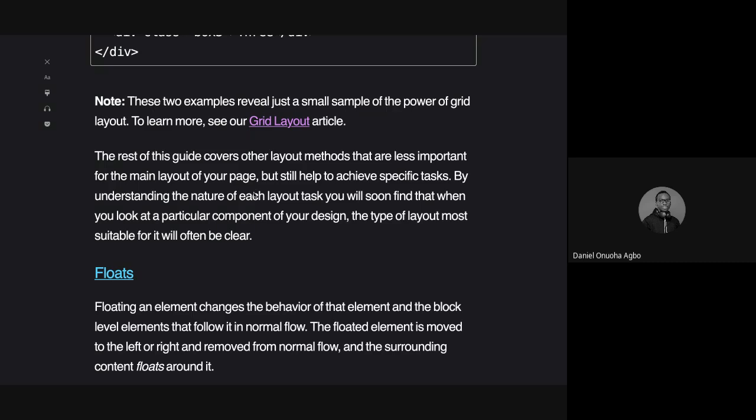Depending on what you want to achieve, it determines how you are able to do that. Using the grid properties, grid display, and other related properties that come with grid, you can achieve any layout pattern you want to achieve. So the rest,